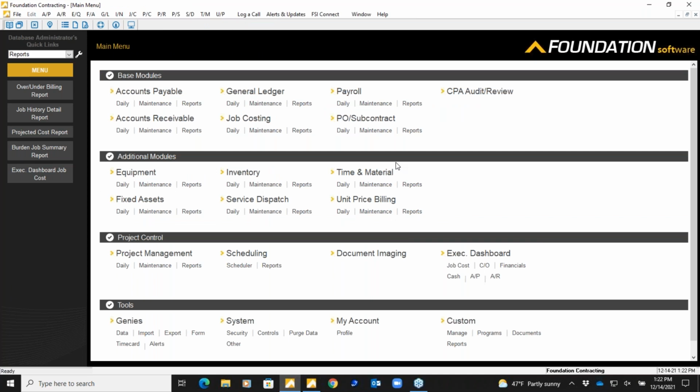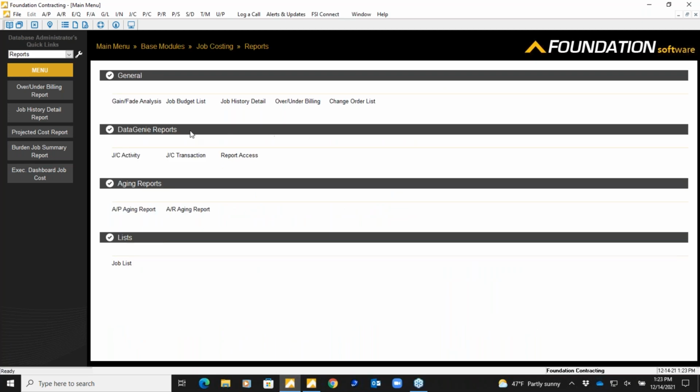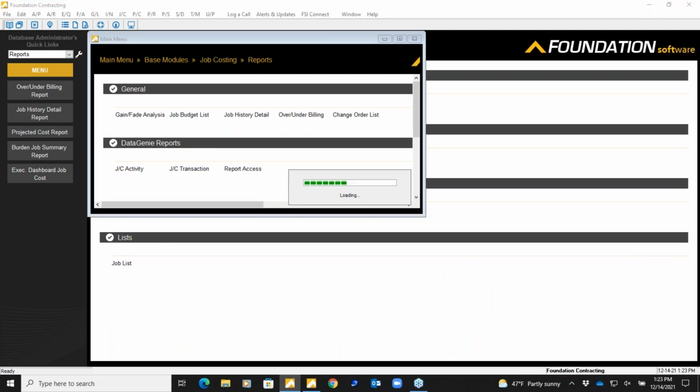Next question would be, for calculating work in progress and over/under billings, is it based on a percent complete? Is that percent complete input by users, or is it actually calculated by Foundation? So that is a loaded question. So if we are looking at over/under billing reports, now with the over/under billing itself,